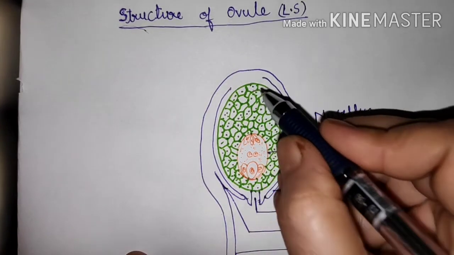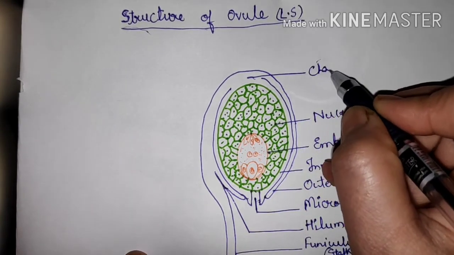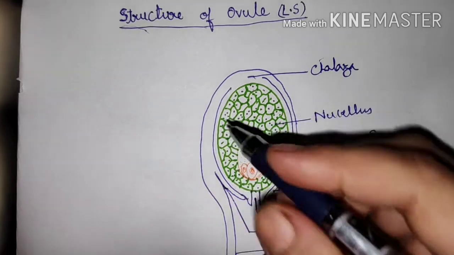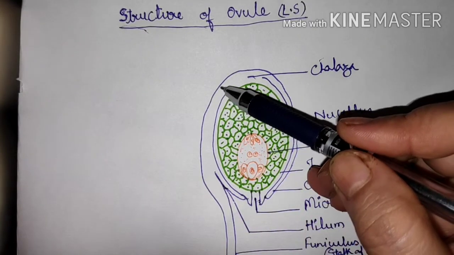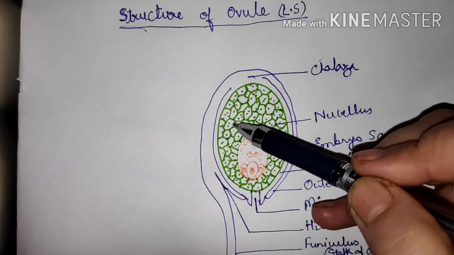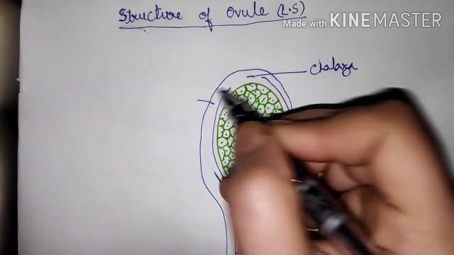So region opposite to micropyle is called as the chalaza. And the region here, this complete region, where funicle is fused with the ovule, this is the region where it is fused. This region is referred to as